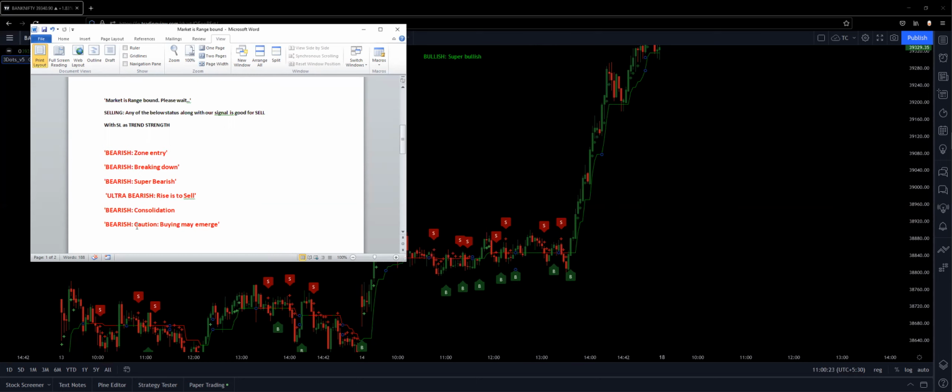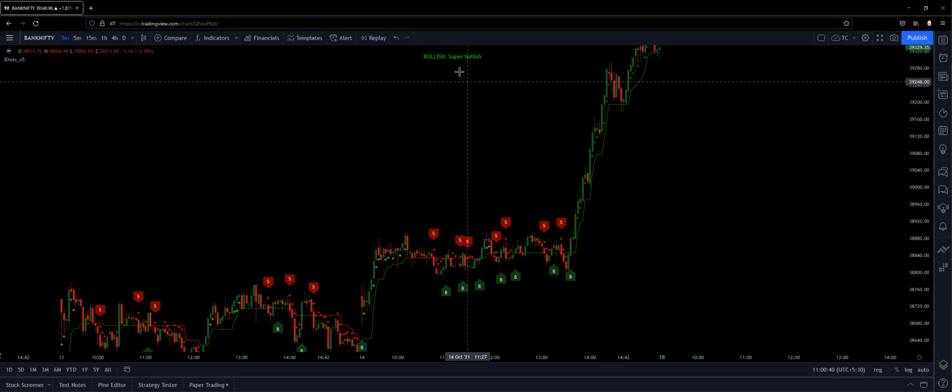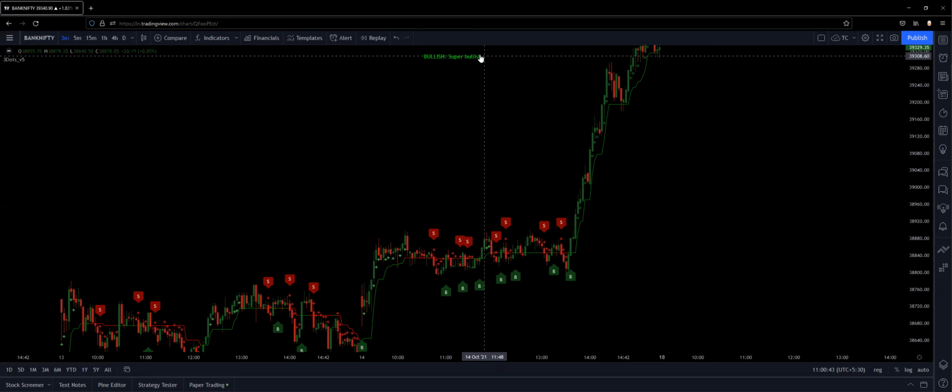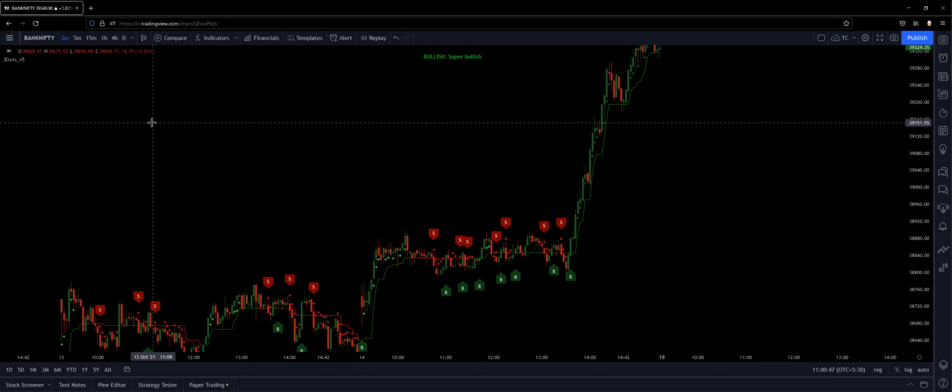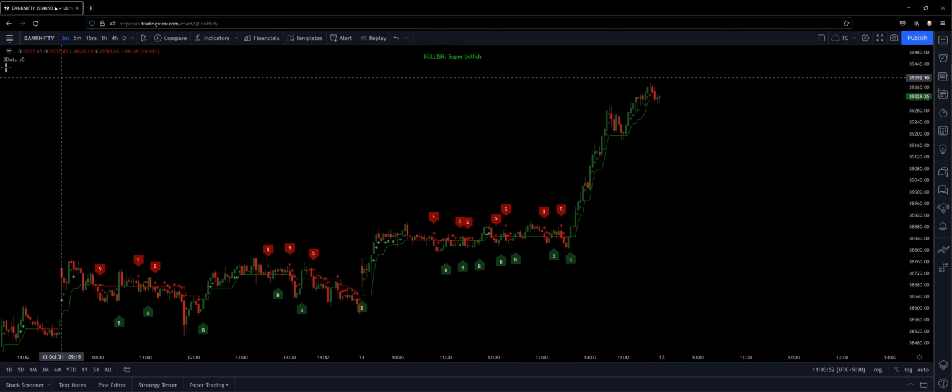Then caution for a bearish side, where they might start buying from the lower level to take it high. So that's the market commentary you will get. This will be running throughout. This will definitely help you guys to be on the right side of the trend and to take the trade decisions, right? So that is the enhancement or the addition in version 5, right?